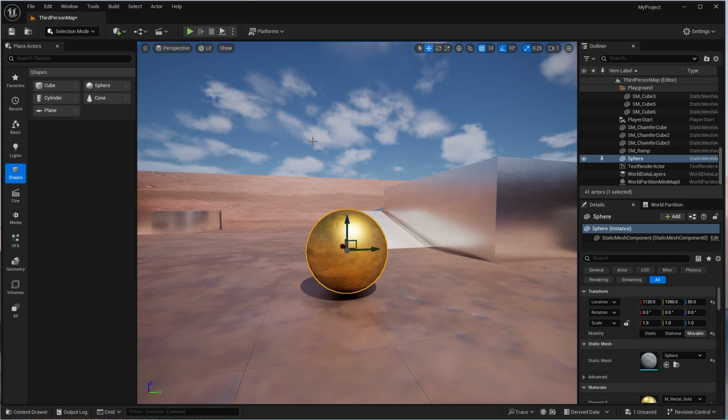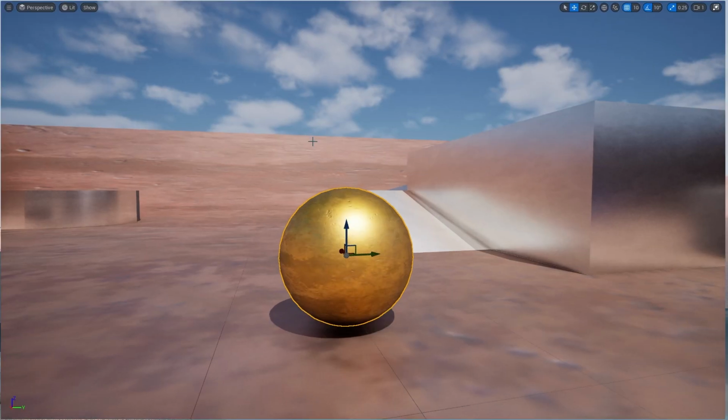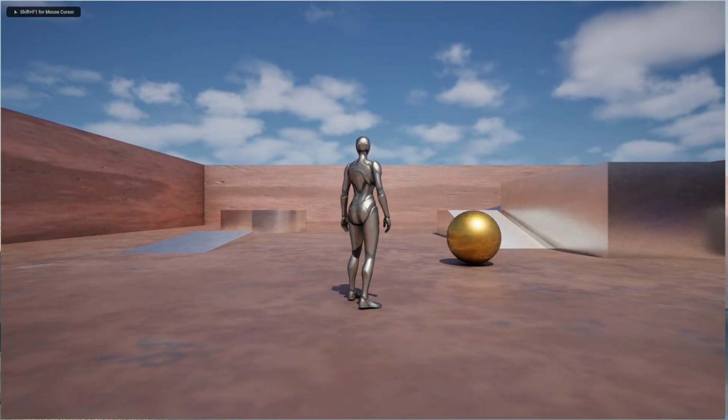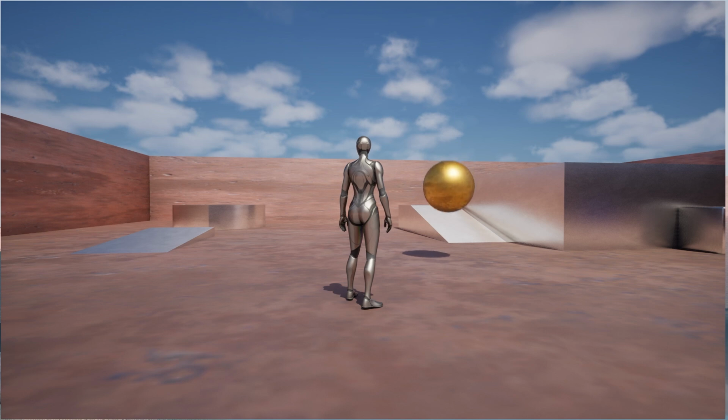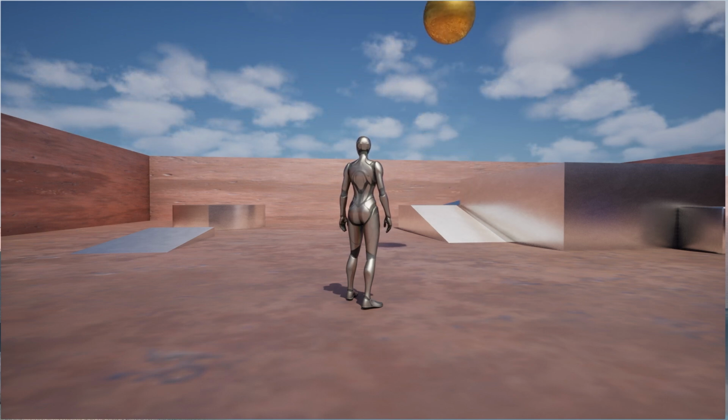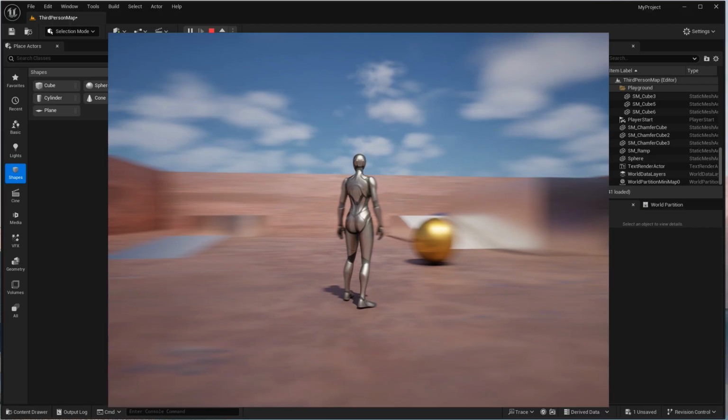Hi, let's add an impulse to the object. Let's see how it should work. When I press 1 on the keyboard, I can see that an impulse was added to the sphere. Okay,